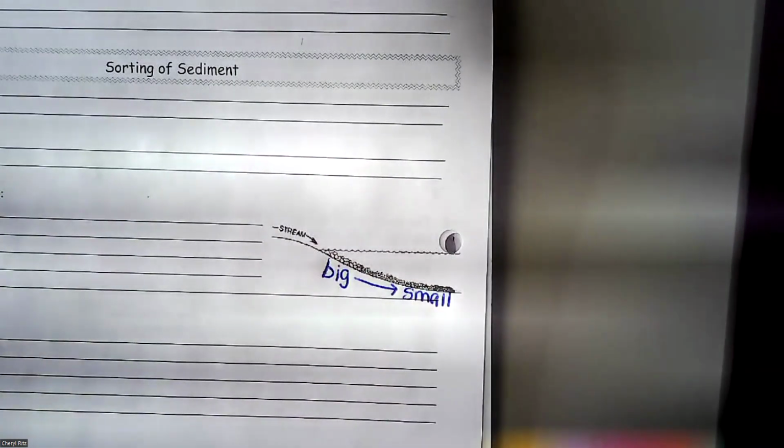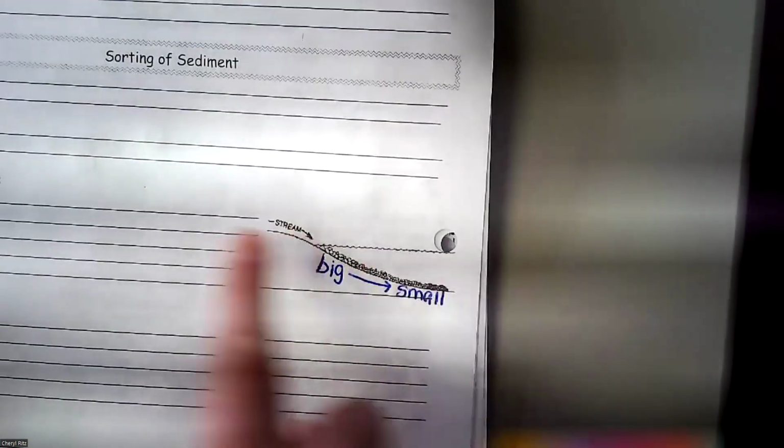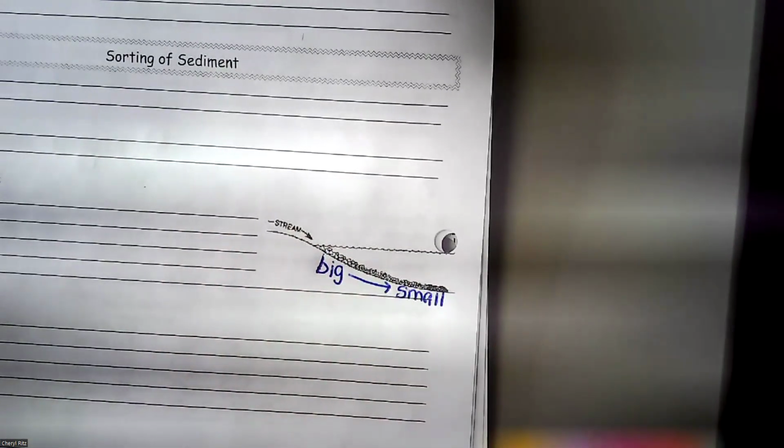The big rocks get dropped off first, and the tiny ones like Mallory get carried further into the pond or the lake or whatever this is, or the pool if it was a water slide. That's horizontal sorting. So again, not a perfect horizontal line, but going in a line horizontally.